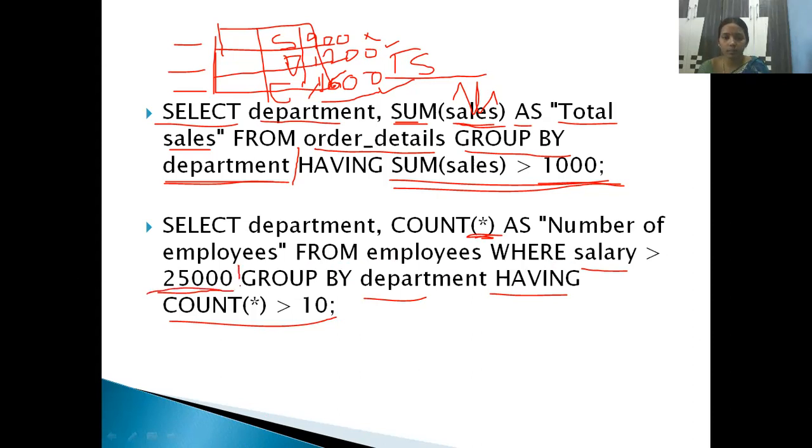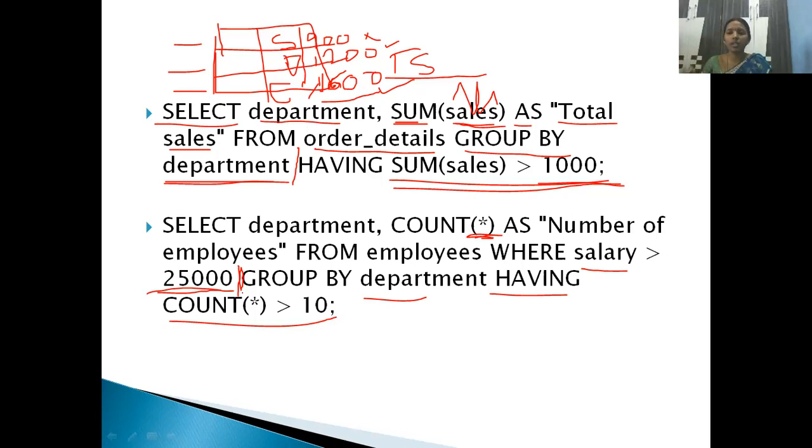So first perform the query up to here only. I want to count the number of employees from the employees table and I want their department. First thing. The second thing is what? Where salary is greater than 25,000. I want to count the employees, but which employees should I select? Whose salary is more than 25,000, only those records I should select.